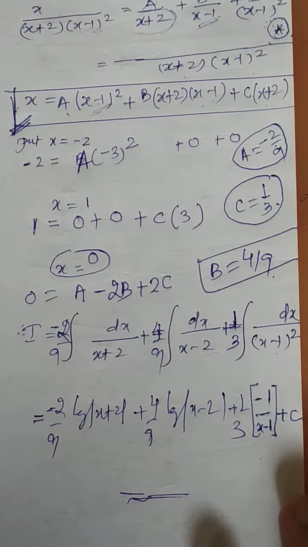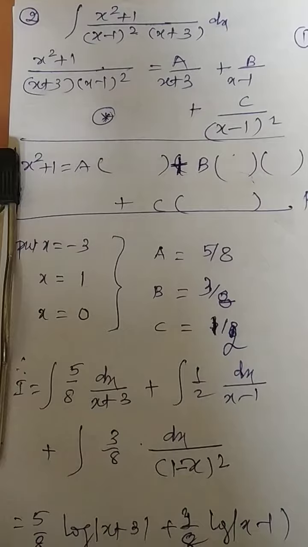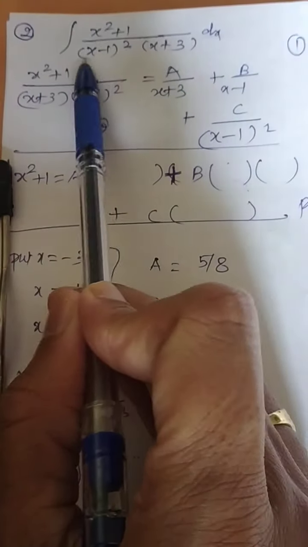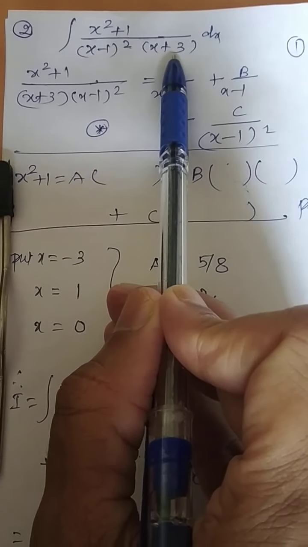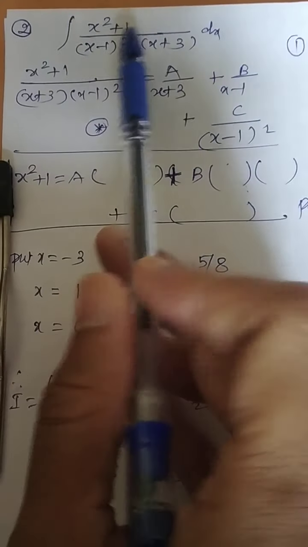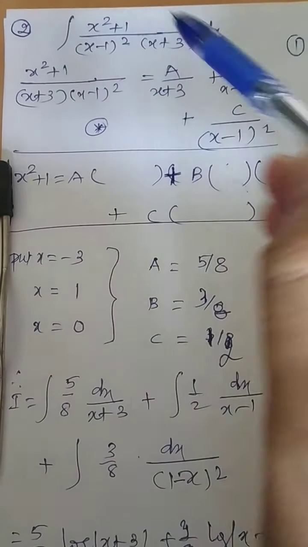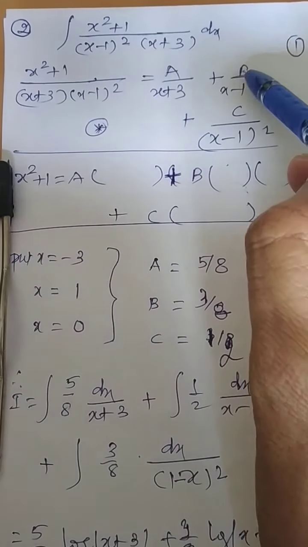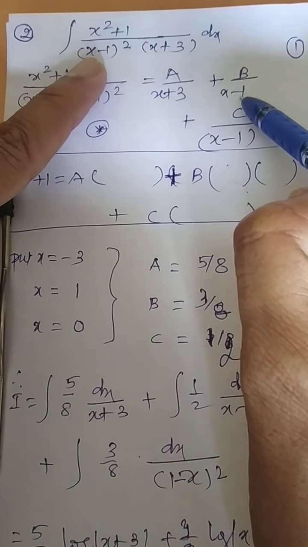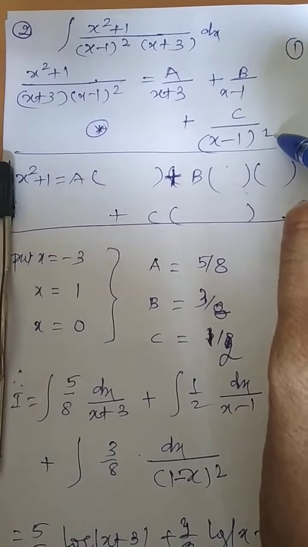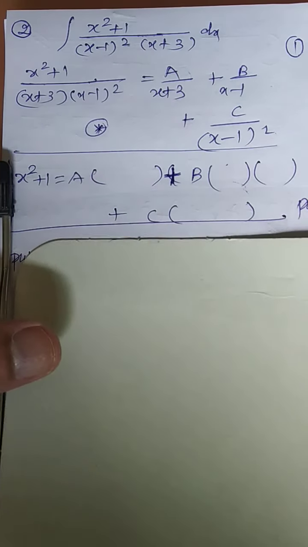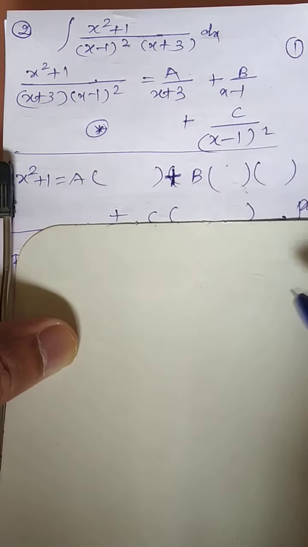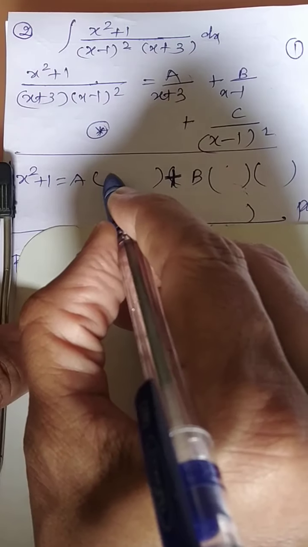Followed the next second property, how to get the things. See the next question of the same type. In the denominator, now this factor is repeated. Look here. This is linear. This is also linear but repeated. So I am just writing integrand will be equal to A, non-repeated to be written first, plus B upon x minus 1 plus C upon x minus 1 the whole square. Okay. Now go for LCM and just prepare the things. Just do at your end.